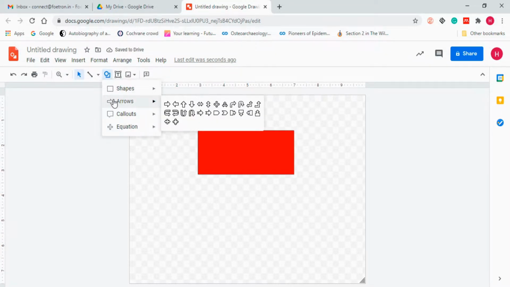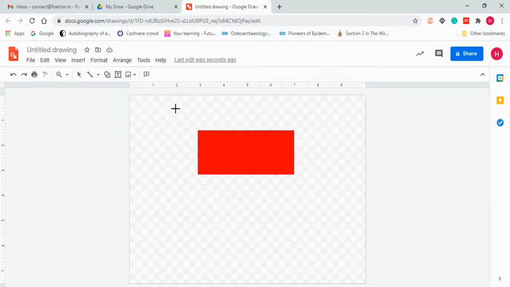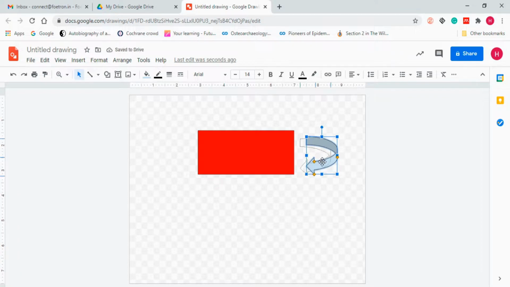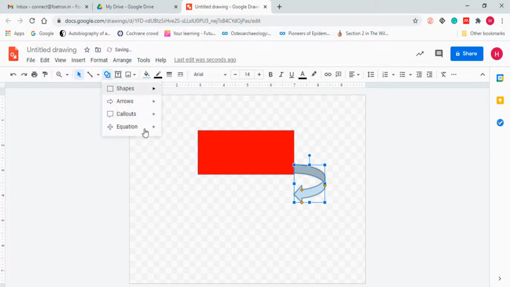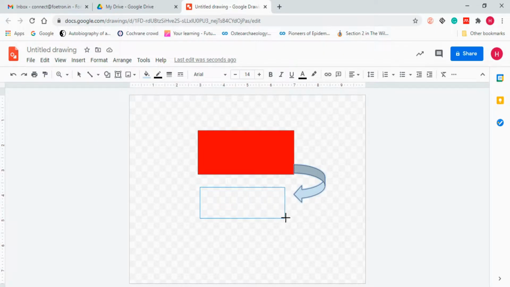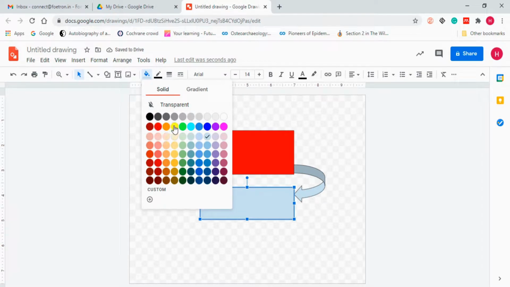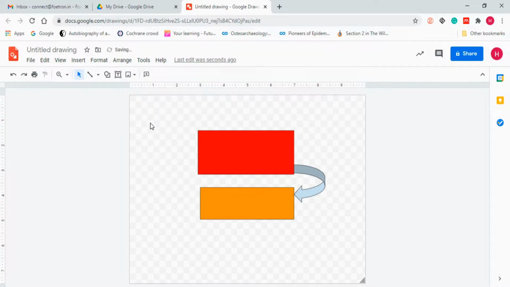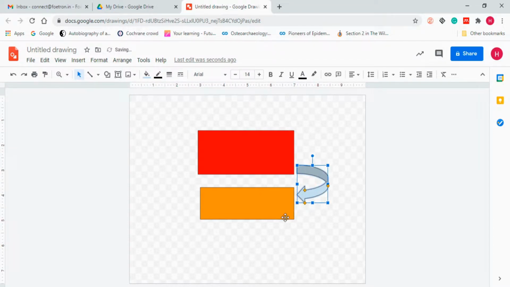We will insert more arrows. One more shape we will insert. Again, we will fill it with orange, just a little difference I want to create.